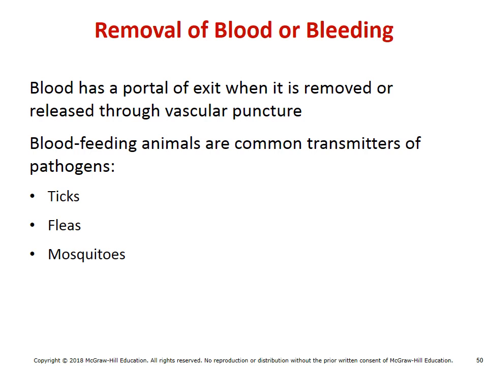Another common source of potential infection would be again blood or bleeding, as individuals that are ill can have microbes leave them through their blood. One area of concern that is quite serious actually is that of the blood-feeding animals like ticks, fleas, and mosquitoes. The idea here is they can feed on an infected host and then pass the infection on to the next host that they feed on. And so the idea is we can have active transmission even though we weren't trying to do so. So we conveniently call those things vectors. So vectors carry things, and in this case ticks, fleas, and mosquitoes are disease vectors.